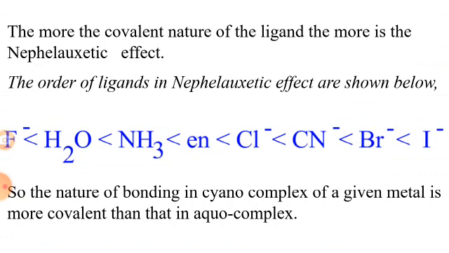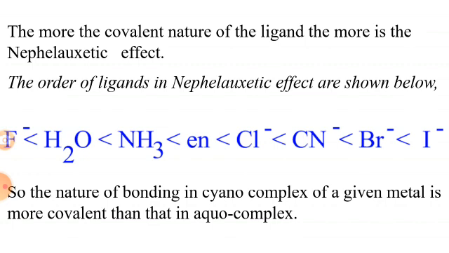Common ligands can be arranged in order of their ability to cause d-electron cloud expansion. This series shows d-electron cloud expansion, and the order of ligands is like this, from F minus to I minus. This series is termed the Nephelauxetic series, and the order is more or less independent of the metal ion, and also of the spectrochemical series. So the Nephelauxetic series provides a measure of the tendency towards increasing covalency in the metal-ligand bond.